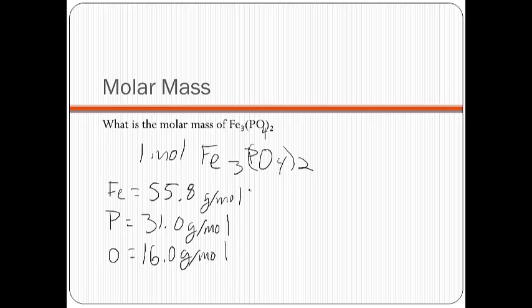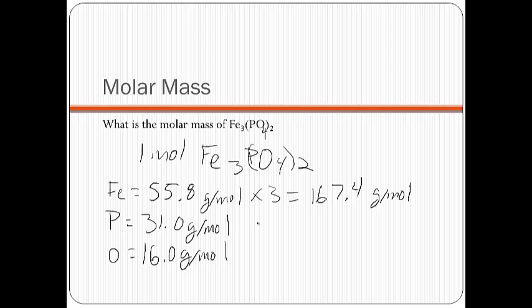Now, the difference in this one is, look carefully. We have subscripts here. So what you need to do if there are subscripts in a formula is you have to multiply by that many. Well, we have 3 irons right here. So I need to multiply this by 3. When I do that, my number comes out to be 167.4